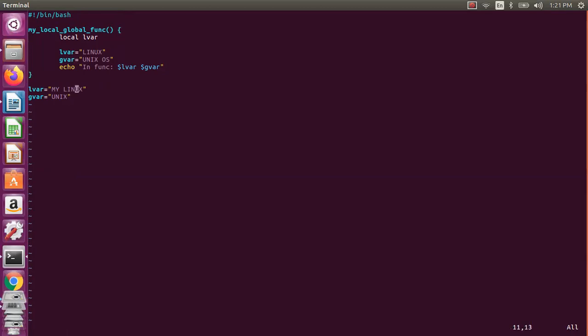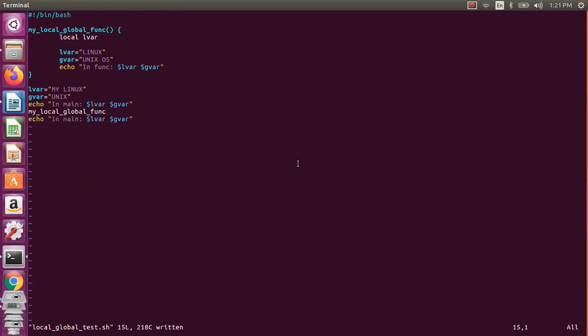Now here I will copy the same in main. I just say in main, local variable, global variable. So I am giving the same name for those variables. Okay, and I will call my function. So I just say my local global function, and after I call it, I will print again.